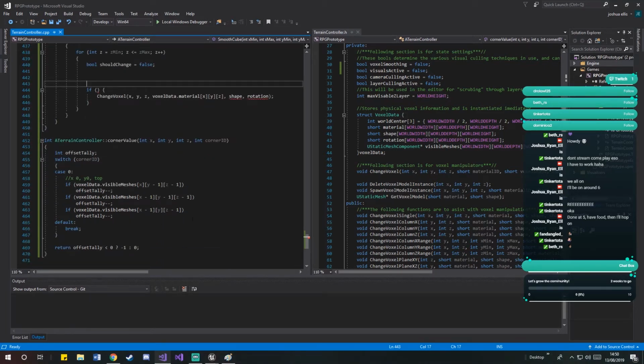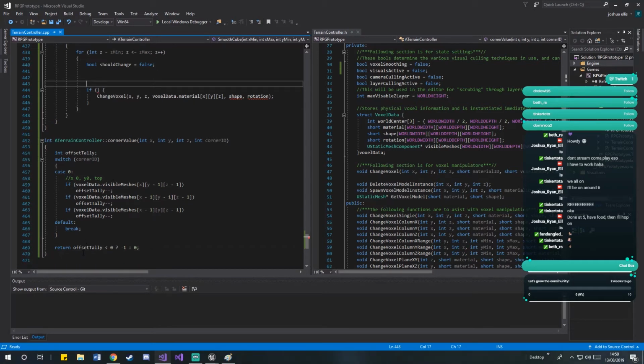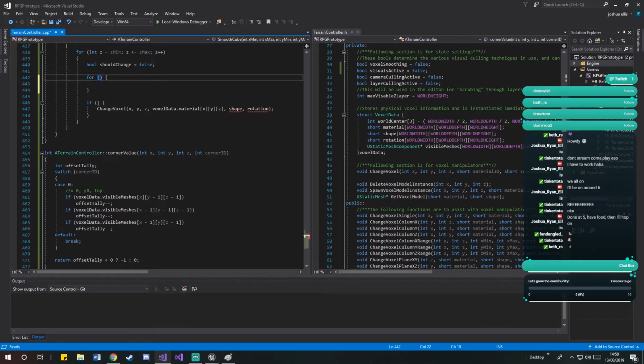So now that we've got a rough way of returning what the corner adjustment should be, whether or not there should be any, obviously we'll need to update this for every single corner, we need to work out how to store that up here. So I guess we go through. We have a for loop that is for each corner